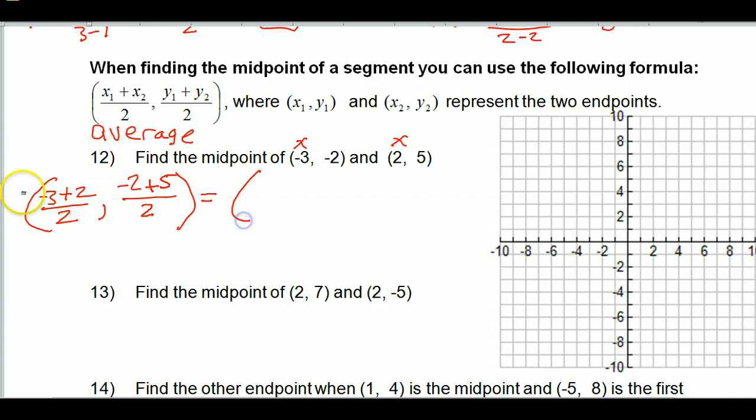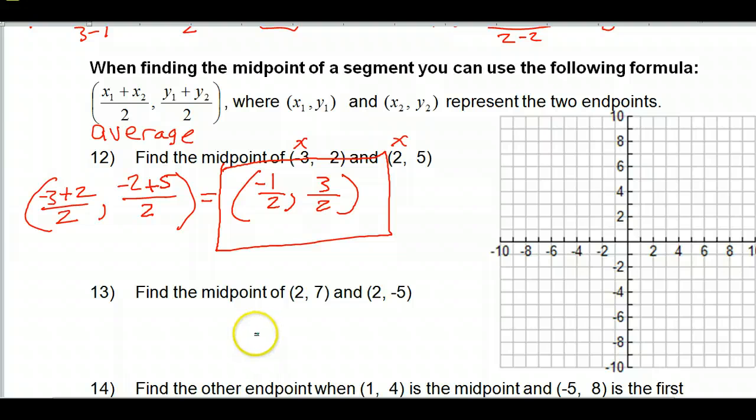So that's going to give me, okay, so negative 3 plus 2, that's negative 1. So the x value of my midpoint is negative 1/2. Negative 2 plus 5, that's 3. Please go ahead and just leave it as a fraction for right now. But these are the